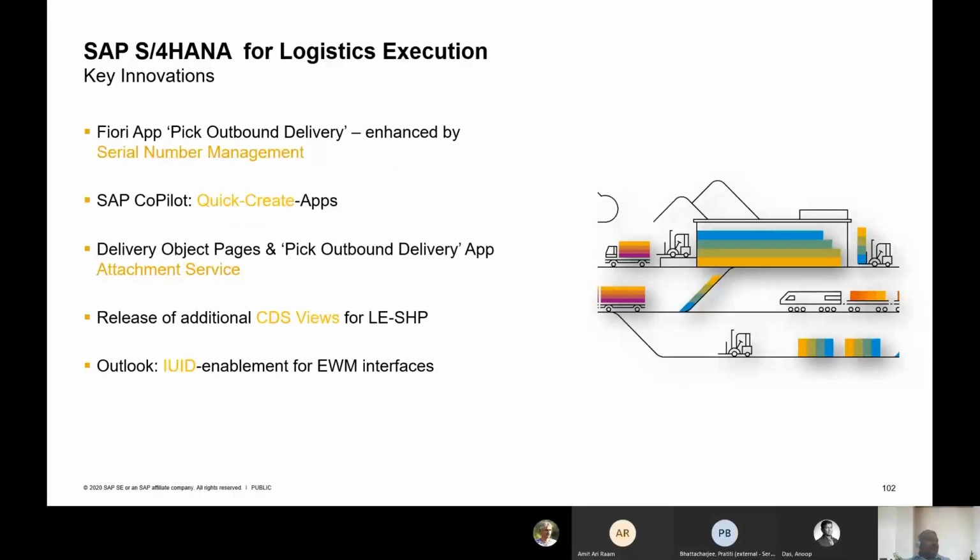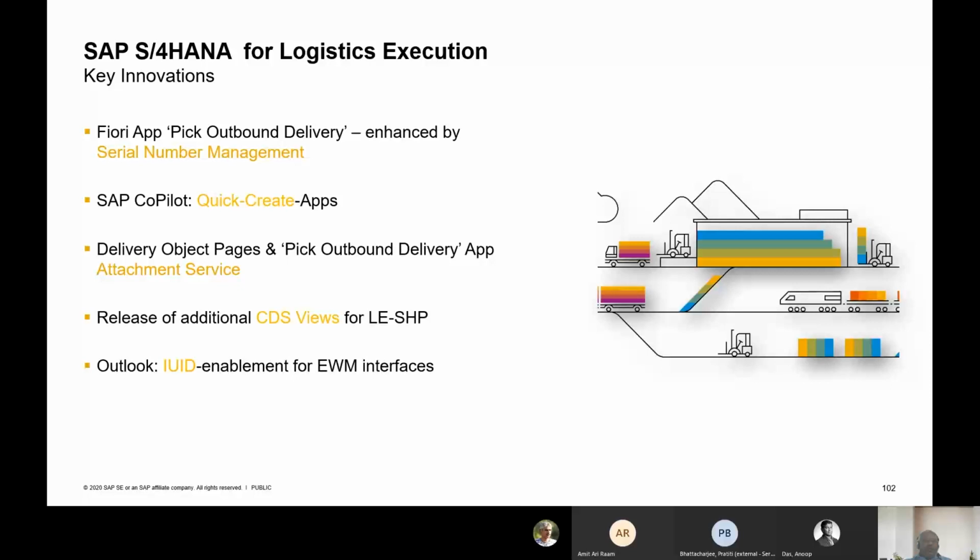So in the logistics, we have a few apps which have been enabled. In the outbound delivery, now it has been enabled with serial number management. We also have functionality enabled in Copilot to create deliveries and to pick and issue deliveries. We also have attachments which can be carried out in the outbound delivery app.